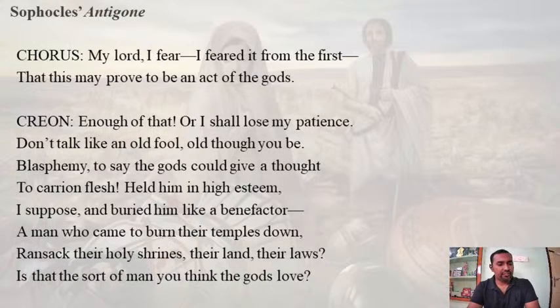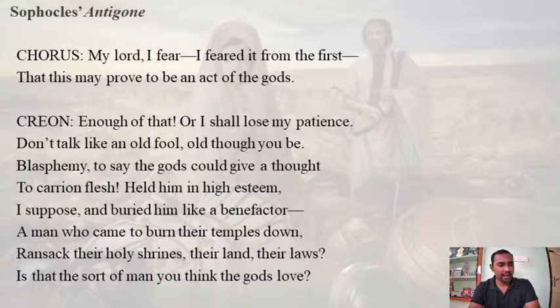Creon: Enough of that, or I shall lose my patience. Don't talk like an old fool. So earlier, I hope you remember how King Creon addressed the Chorus. He addressed them as my counselors. And now he says, don't act like an old fool, although you be. Blasphemy to say the